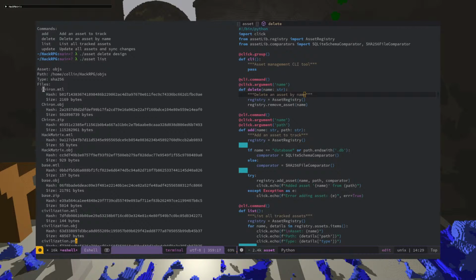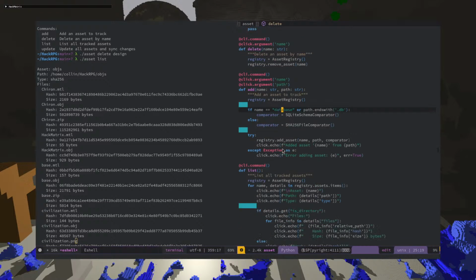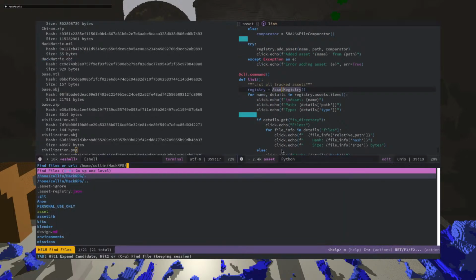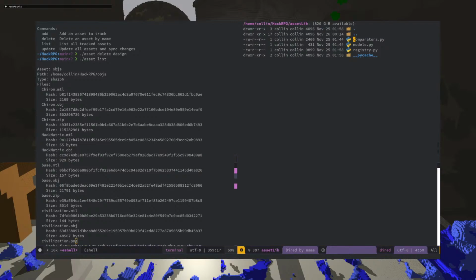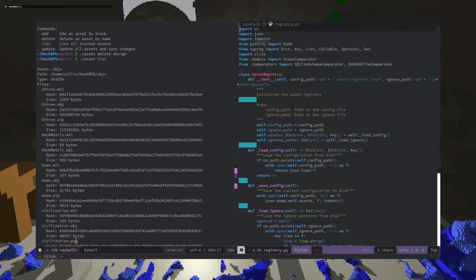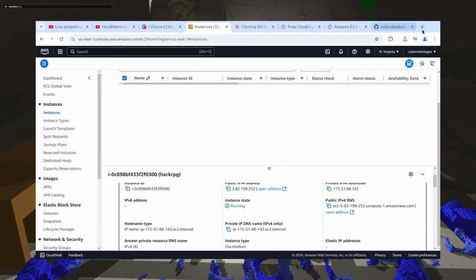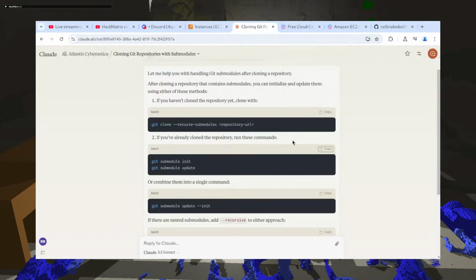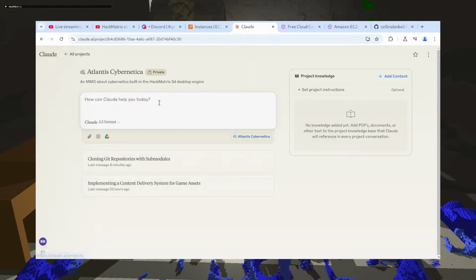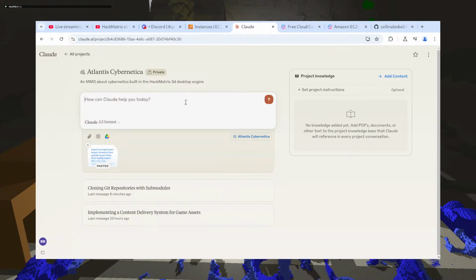I do wish all of these assets were named like objs dot. So then I can go into the asset lib and open up the registry and just copy all of that and then go up to here and go into Claude and so I can now paste this and say, so this adds a folder as a single asset.